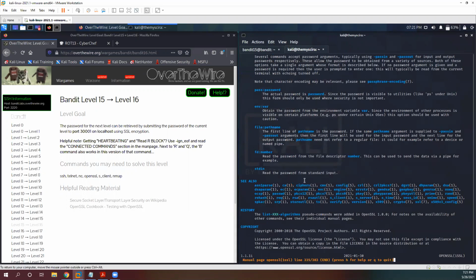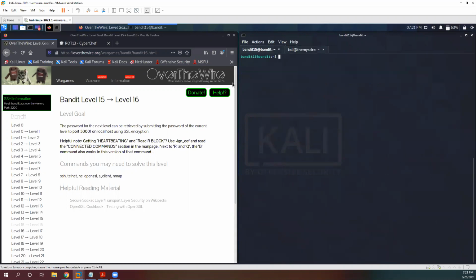Somewhere in here, but I'm having some issues finding it. So that's interesting. Okay. But anyway, so the command that we're going to use is openssl